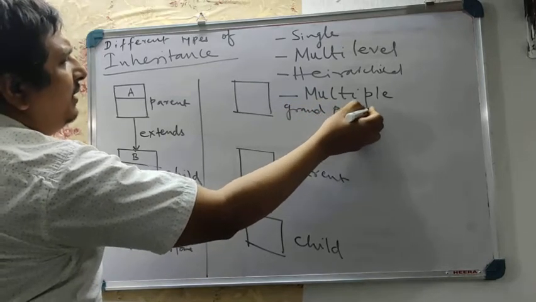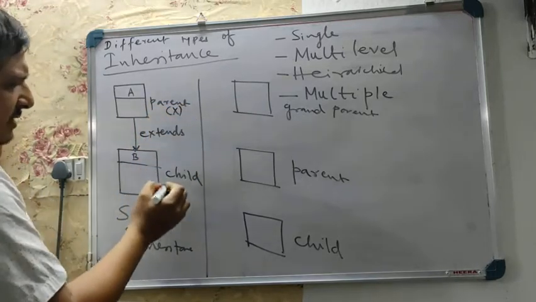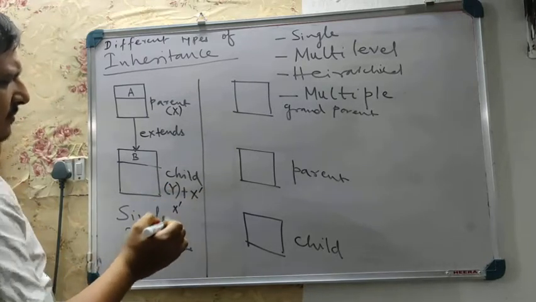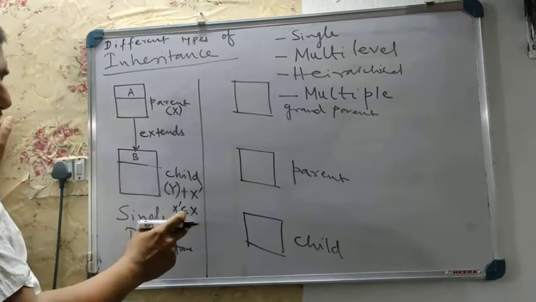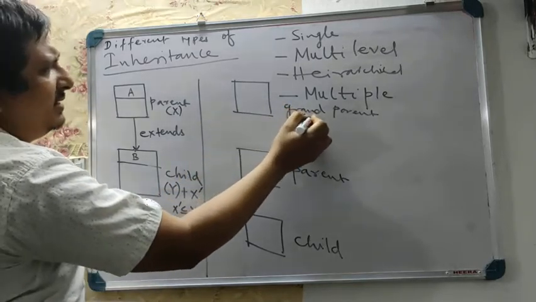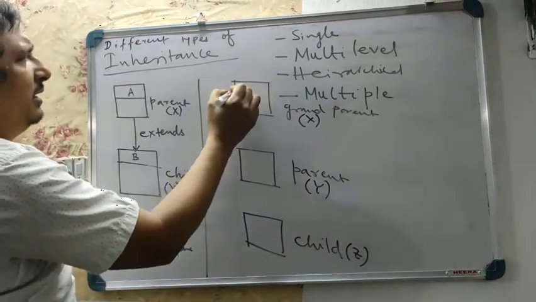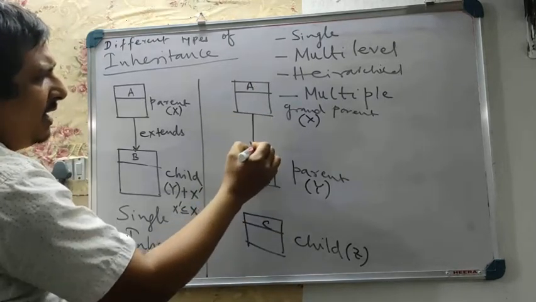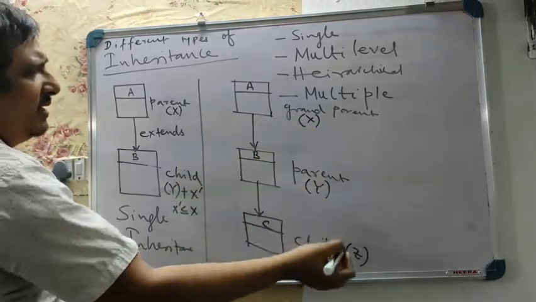So we have another entry. In that case, as I said, if it is X and if it is Y, then whatever the parent has, either it will give all to its children or some part of it. So if you can say it is X, it is Y, and it is Z, then let us consider it is A, it is B, it is C. If I have a relationship like this, X, Y and Z.